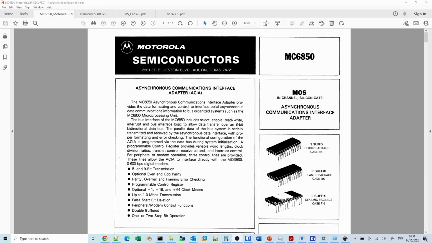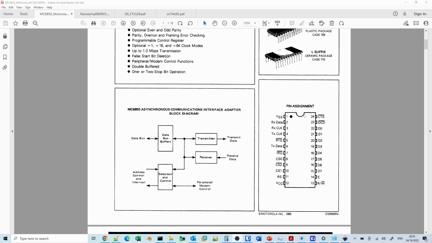Okay, so before we launch into our program, we first need to have a quick look at the data sheet. I'm not going to go through it in great detail, but we do need to pick out a few key things. The serial chip is connected to the data bus with the E clock signal and read-write. There's 1 address signal, the register select, that will determine whether we're talking to the input-output send-receive buffer, or the control register and status register. When we're looking at the status register and the control register, whether it's read or write determines whether we're reading the status or setting the control register.